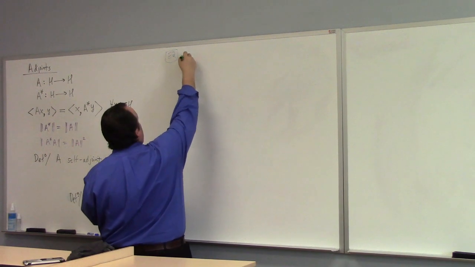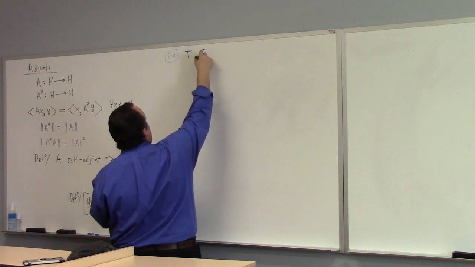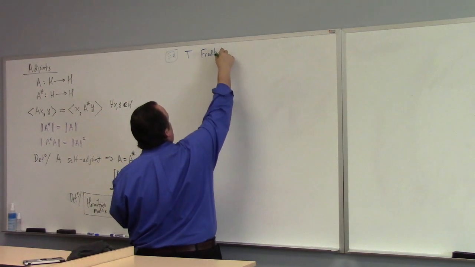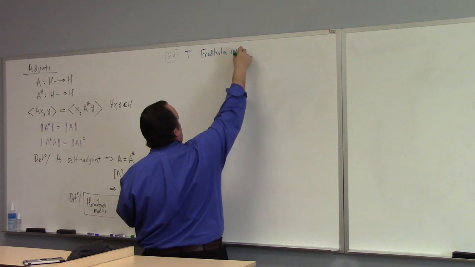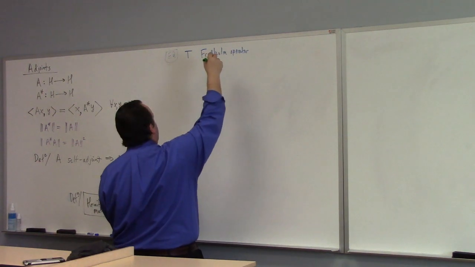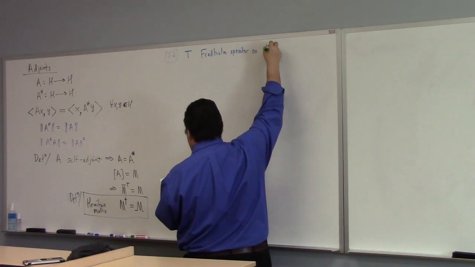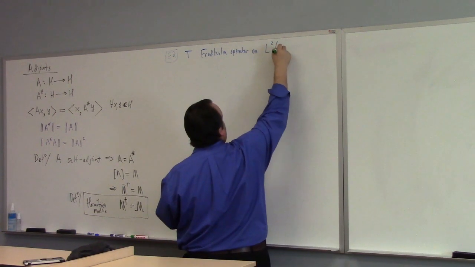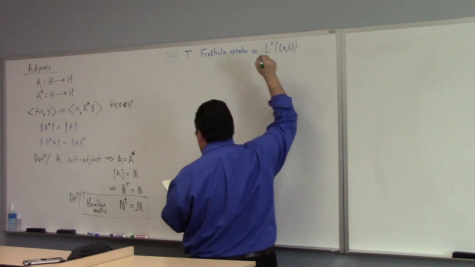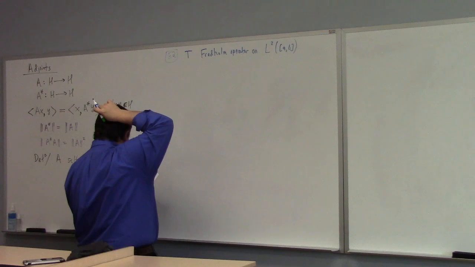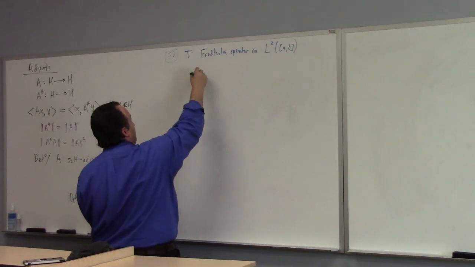But this is the so-called Fredholm operator on L2[a,b], the square Lebesgue integrable functions in a closed interval. And so the definition of this thing is